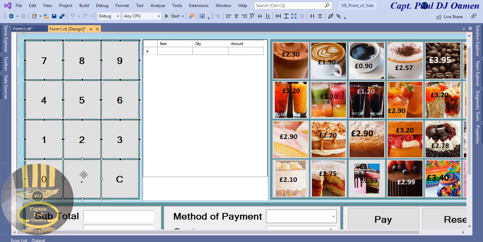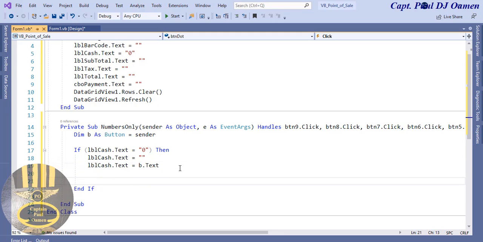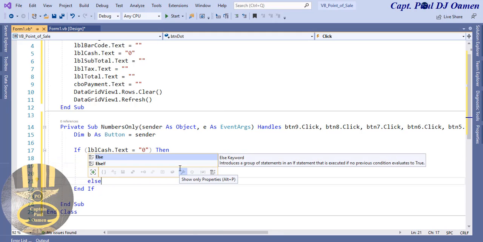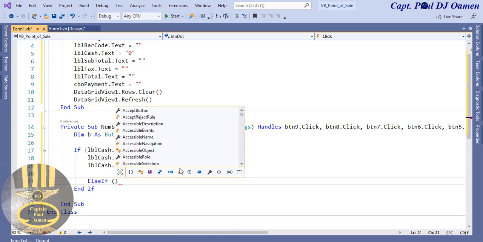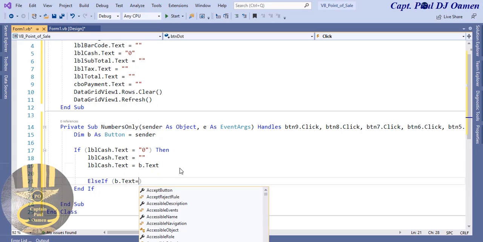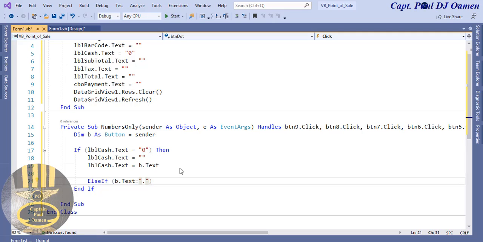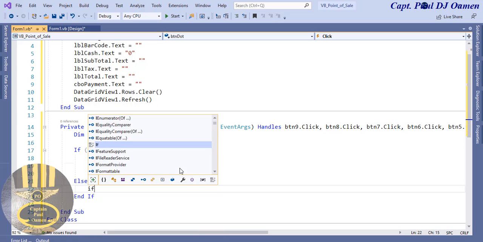So if I double click on it now, it will take me straight to that procedural area. Okay, this is it. Now let's use an else if, because it's not finished yet. Else if b.text equals the decimal place, then I want the following. Okay, but in any case, if it's not,